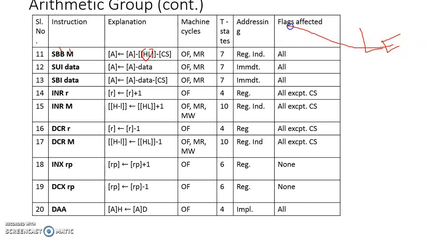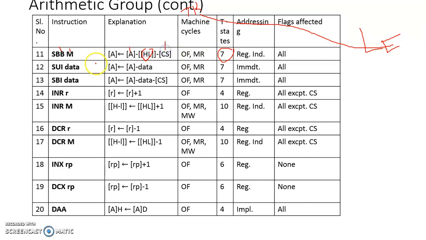Now this content needs to be brought into the temporary register of the processor that has connectivity with the arithmetic and logic unit along with the accumulator register and carry status flag or status register. Once this content is brought from the external memory location pointed by HL pair to the interior of the processor, that is to the temporary register, the operation will be performed at once. So it will have 2 different machine cycles, opcode fetch and memory read, and will be completed in a total of 4 plus 3 equal to 7 consecutive T states.